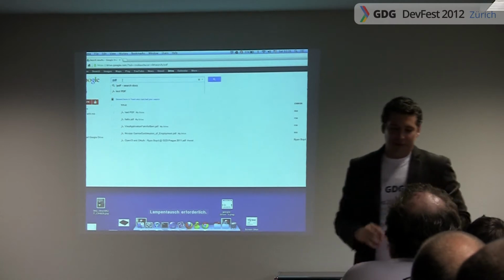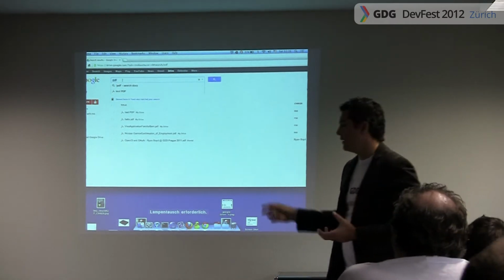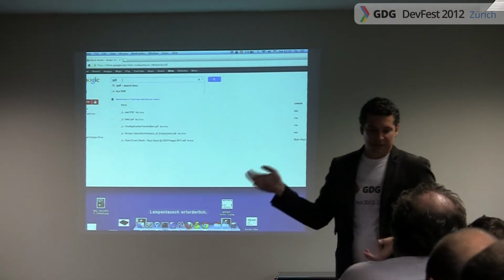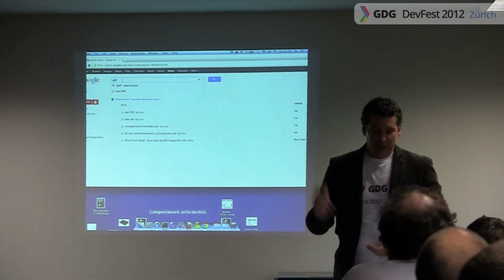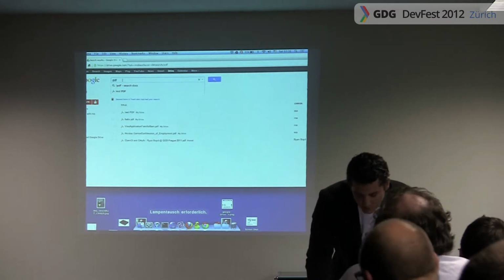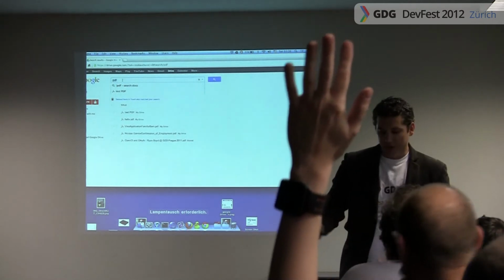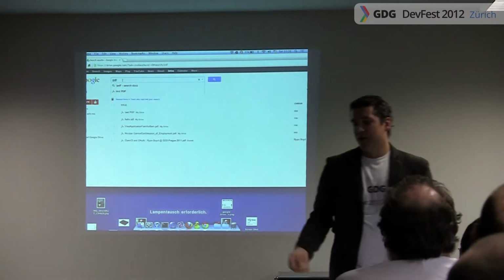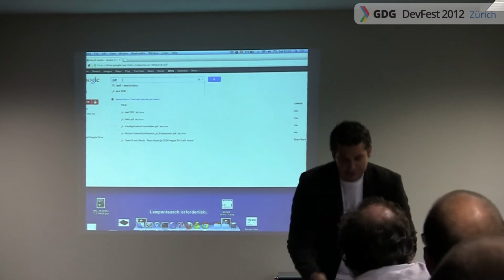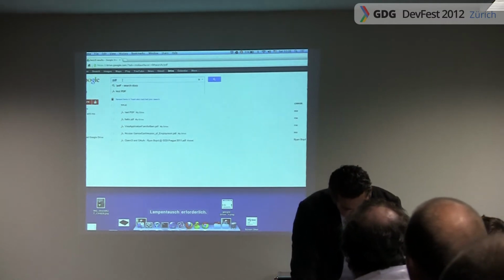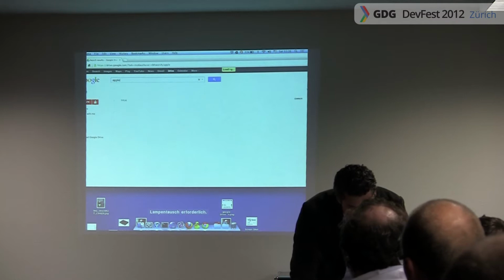Just to show you, we index, of course, the text that we find inside each file. If it's XML, if it's HTML, or whatever, we try to read it and we index that. We also run... Who here has ever used Google Goggles? Okay, so you probably saw Google Goggles. You take a picture of an apple, it tries to guess it's an apple, and does a similar search. So Google Drive has kind of the same